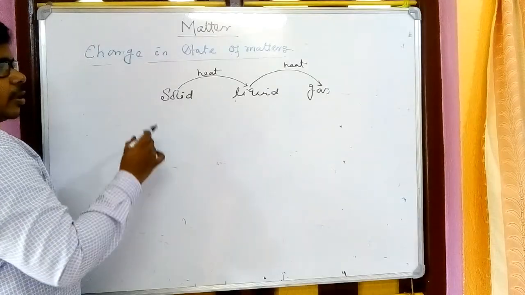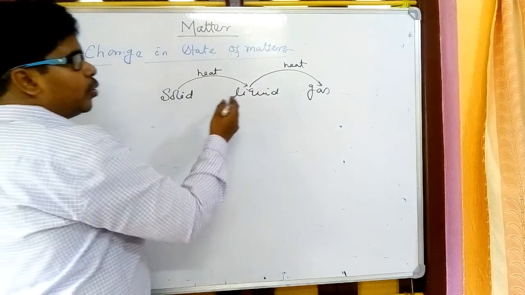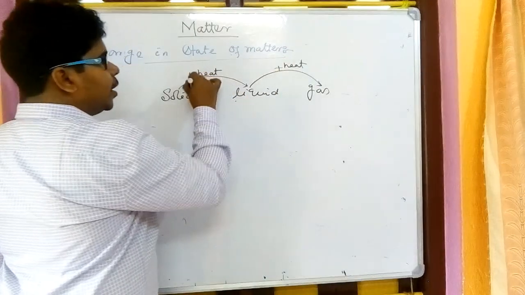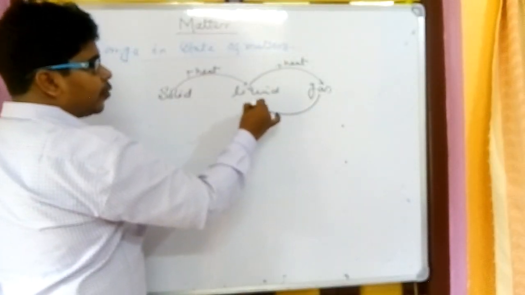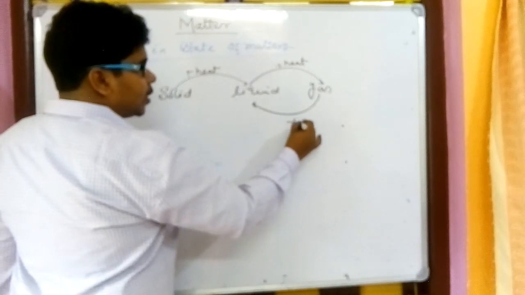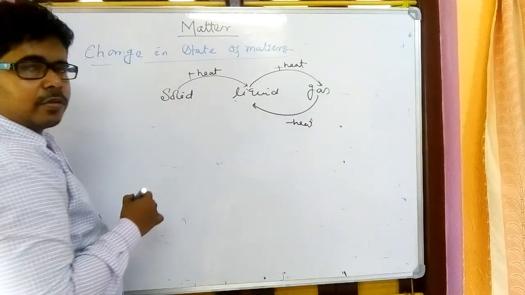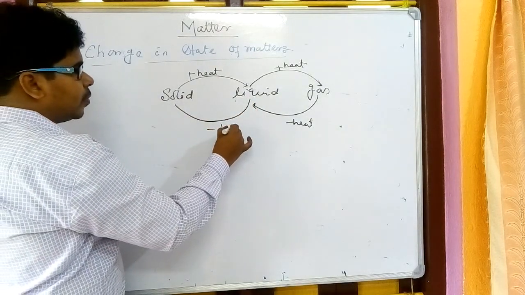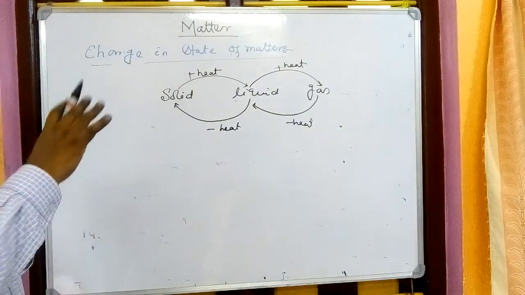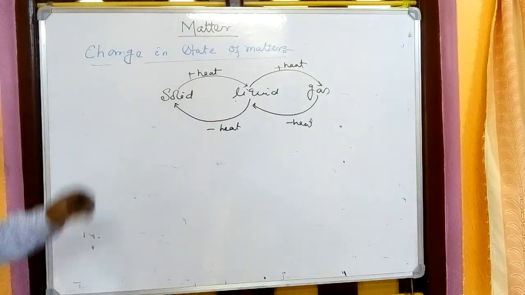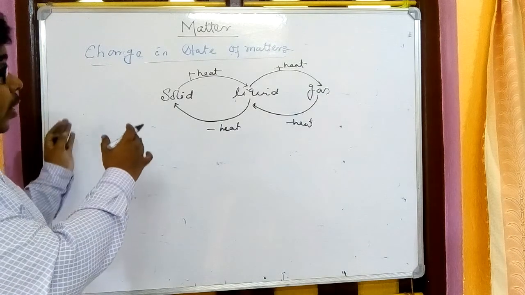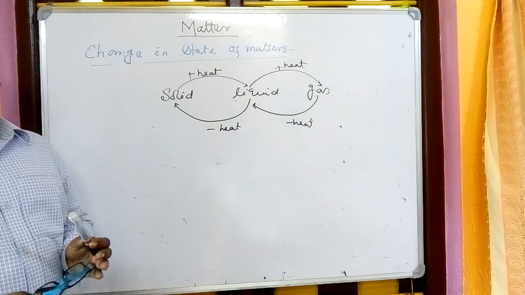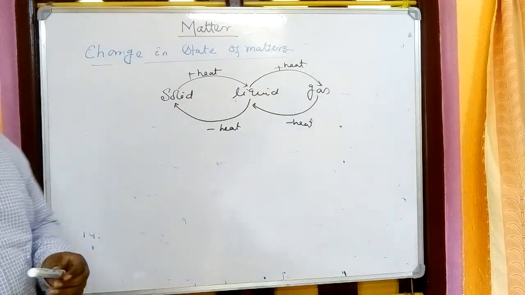If we give heat energy to solid, it will convert into liquid. If we give heat energy to liquid, it will convert into gas. So that is plus heat. But if I take heat energy from gas, minus it, then it will convert into liquid. If I take heat from liquid, then it will convert into solid. So this is the whole process where the solid converts into liquid and liquid converts into gas due to the imparting of heat energy to it,